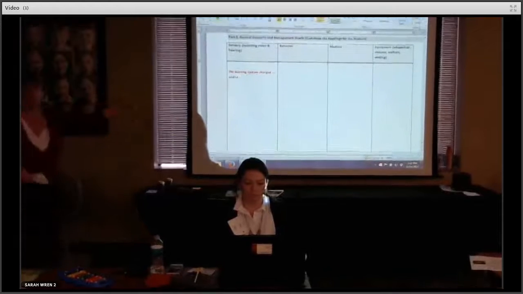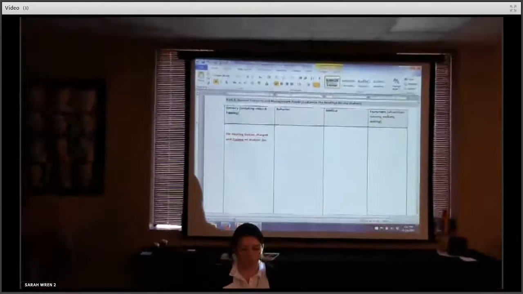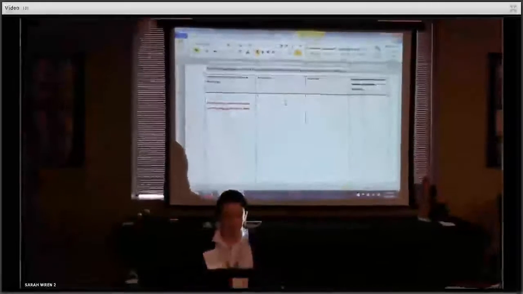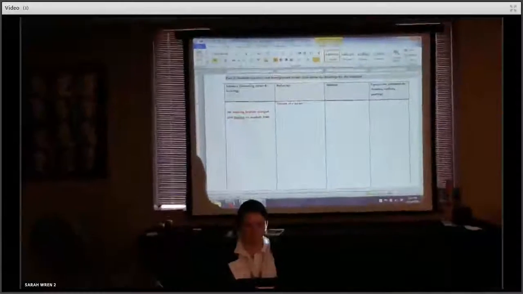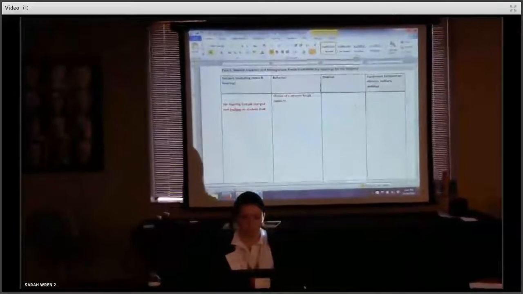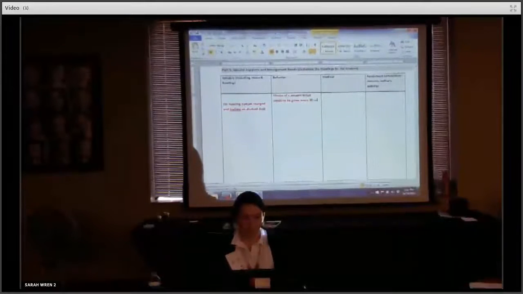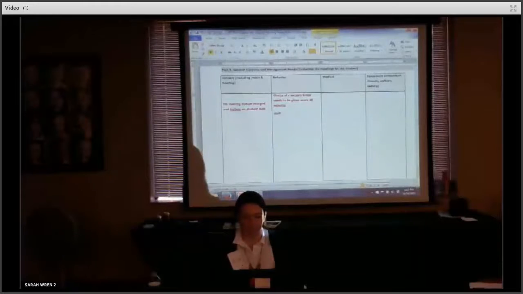Let's just go over to behavior. Choice of a sensory break needs to be given every 20 minutes. Let's see. Staff will not tell the student what not to do, but will use please do language in reminding students about